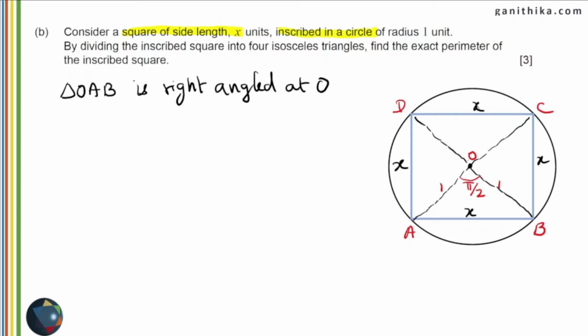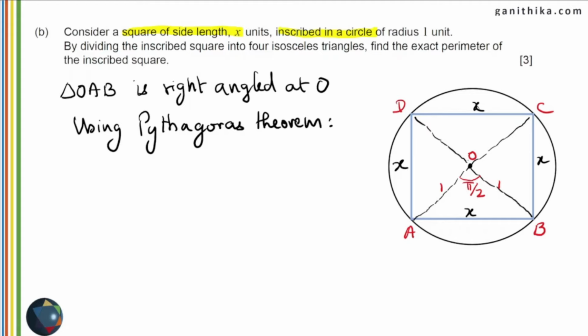We have this here. It's the same thing as we did in the equilateral triangle, right? We had OCB as one of the smaller triangles inside the equilateral triangle. In this case, we are having OAB as the smaller triangle inside the square that we have here. So, this triangle happens to be a right angle triangle. Therefore, OAB is right angled. 1 and 1 are the legs and x is the hypotenuse. Therefore, we can easily use Pythagoras theorem. And using Pythagoras theorem, we have x is equal to the square root of 1 squared plus 1 squared, which is equal to square root of 2.